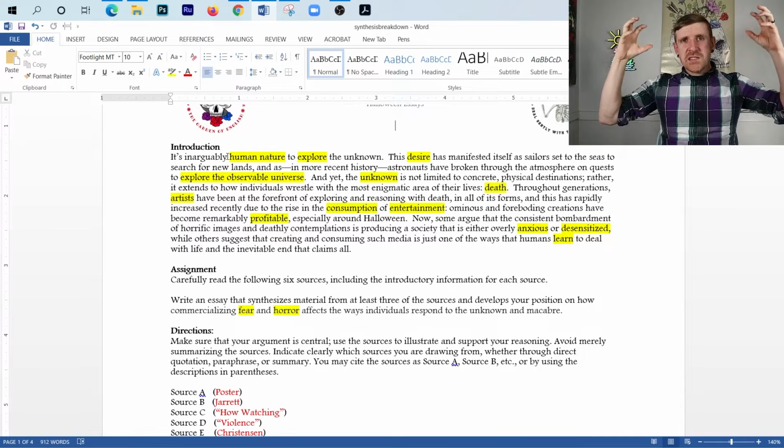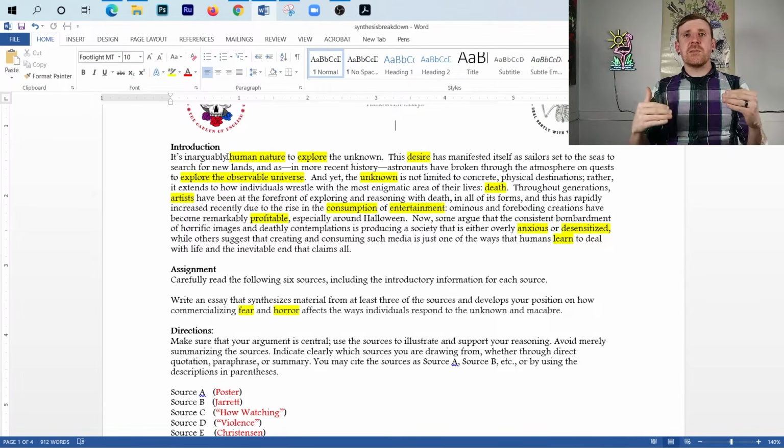That's where our argument's going to be centered. We're just going to use horror-based entertainment to argue these ideas. So we want to argue ideas, not things, as my dear friend Crystal La Liberty says. So anyway, nonetheless, I'm going to go in here and I'm going to start circling all of the language that's